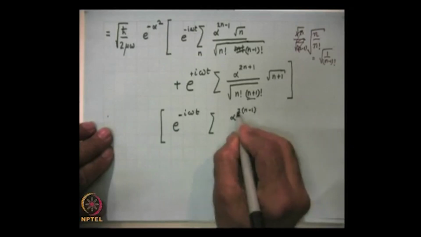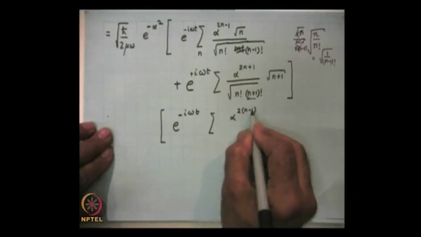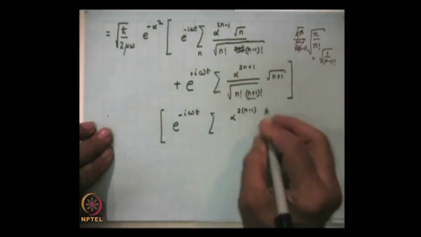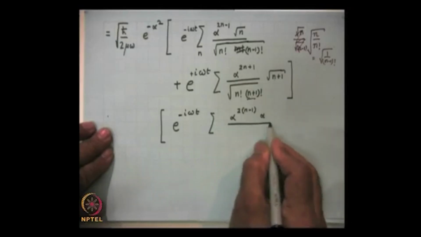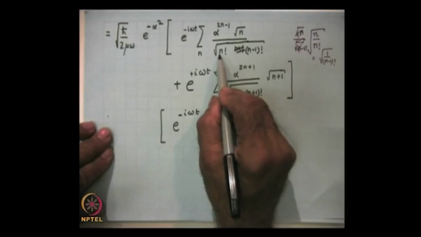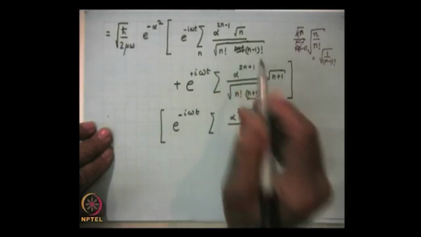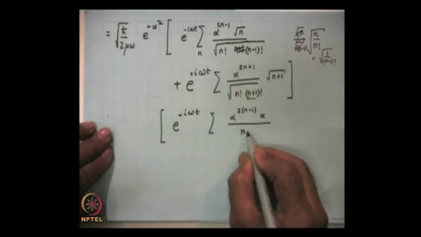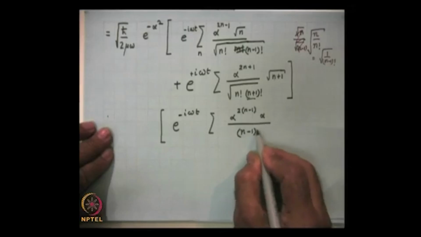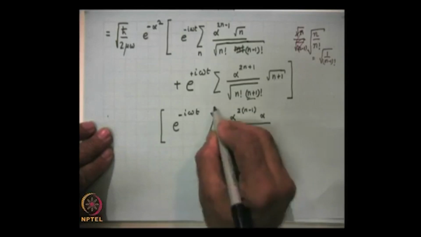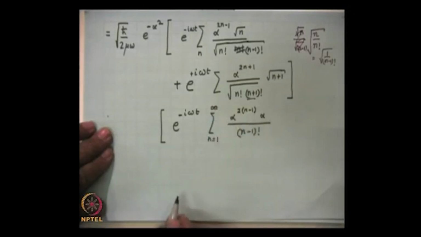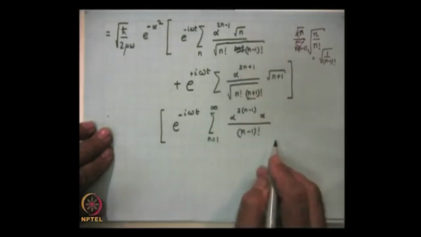So this is 2 n minus 2, but this is 2 n minus 1, so I must have an alpha factor here, divided by n minus 1 factorial times n minus 1 factorial. That is just n minus 1 factorial, and this goes from n equal to 1 to infinity, because the n equal to 0 term is 0,